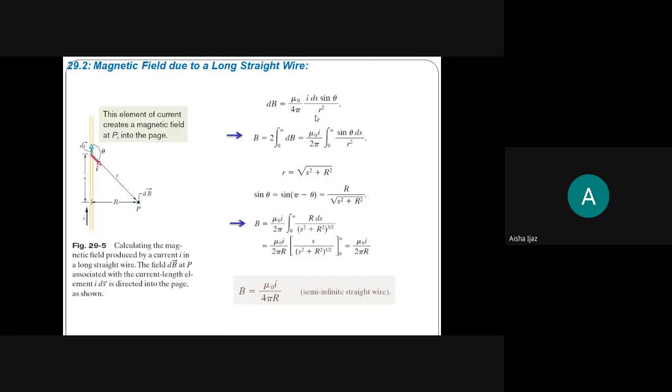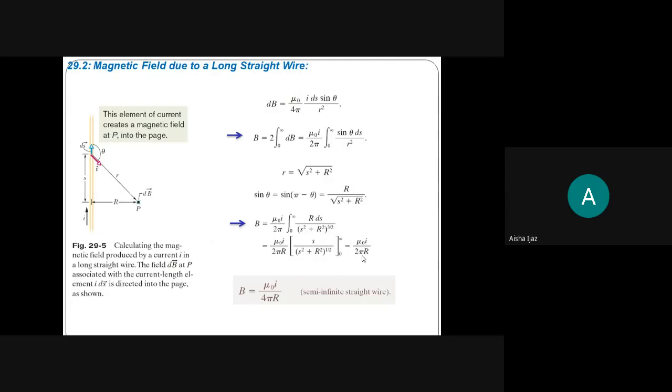That's the first thing I started the lecture with, the first slide. So when you integrate it, you will get 2 times the integral from 0 to infinity of dB. Just substitute the value. Now you have to replace this sine theta from this figure. The sine theta is actually sine of pi minus theta from the geometry, and you can see here it is capital R over the square root of R squared plus S squared from this diagram. Just substitute it here. I will give you this integral answer. You don't need to solve this integral. Put this answer with the limits 0 to infinity, and you can check at home by simplifying that this answer will be mu naught I over 2 pi r.